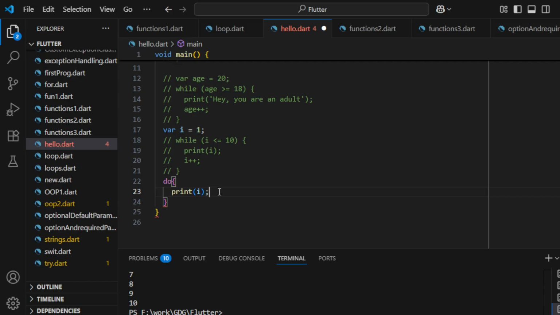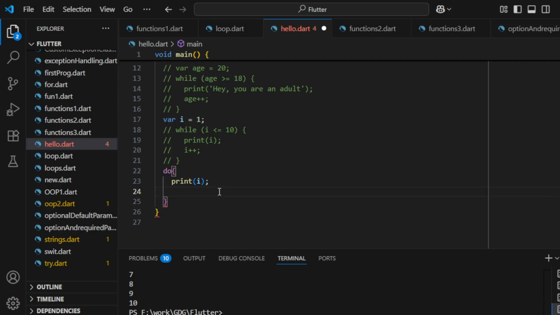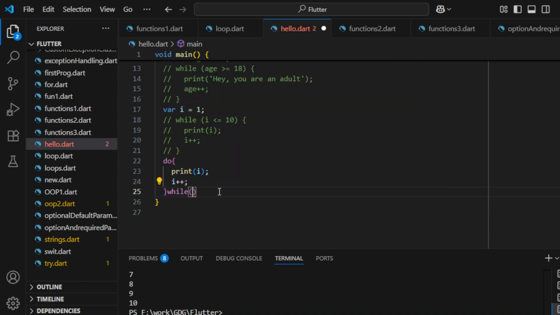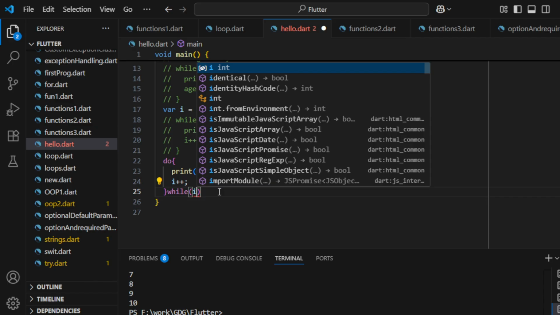Print I, and then you have to increment. Then outside here is where you put your condition. While I is less than